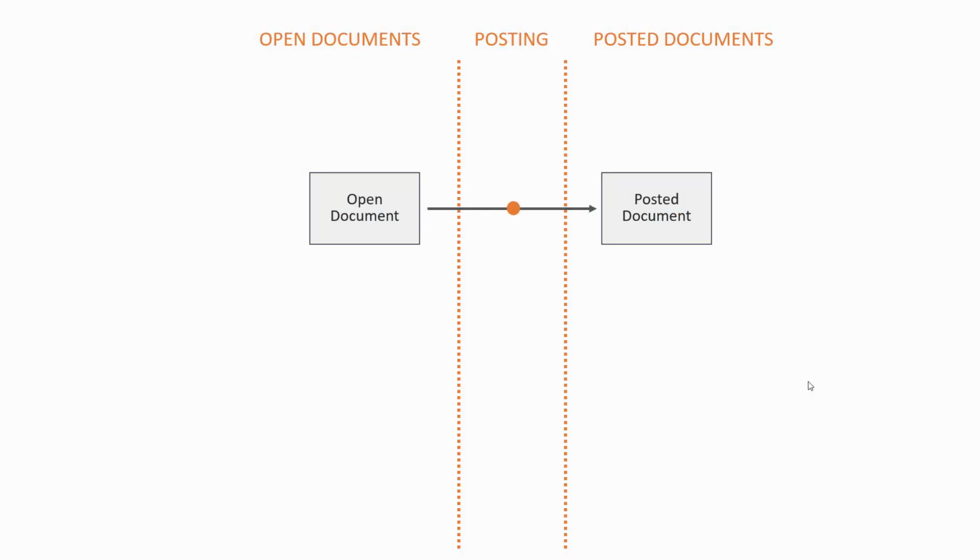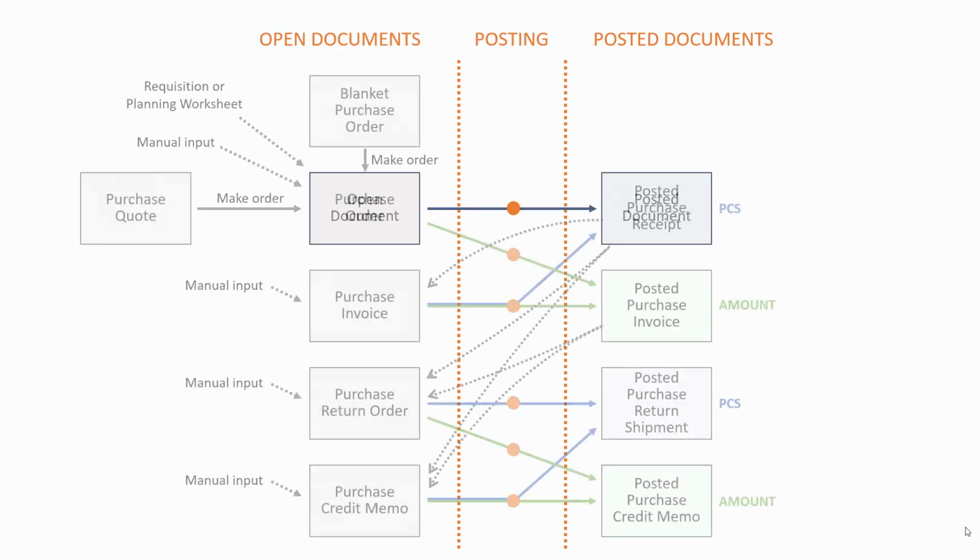In Business Central, you have different printing options related to the different purchase documents. And to provide an overview, I will just run through those simply here. So normally you have open documents, and when you post them, they turn into posted documents. And the open documents are normally deleted when the remaining quantities of the document are posted.